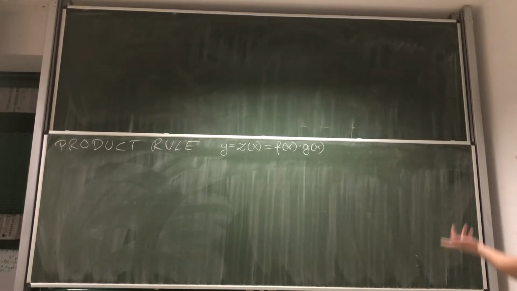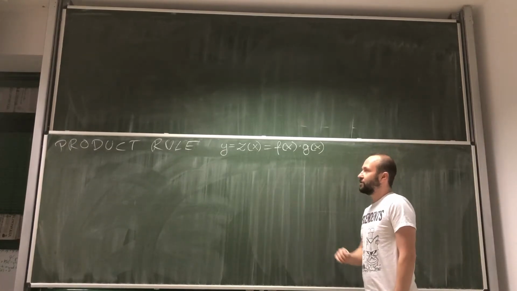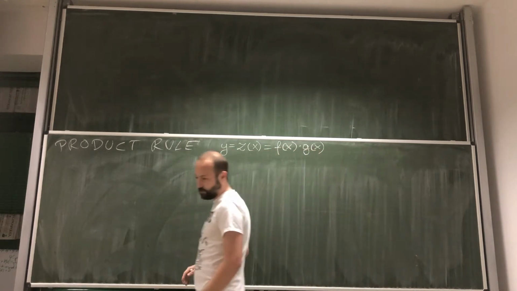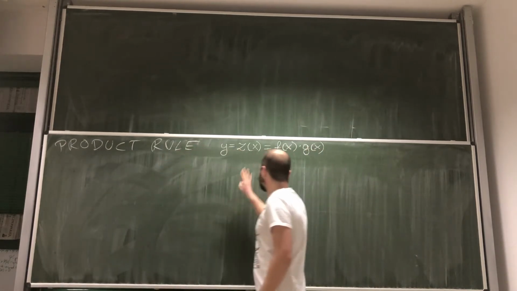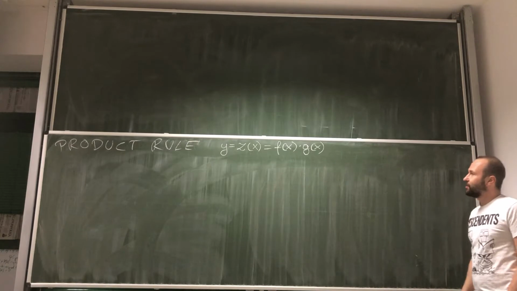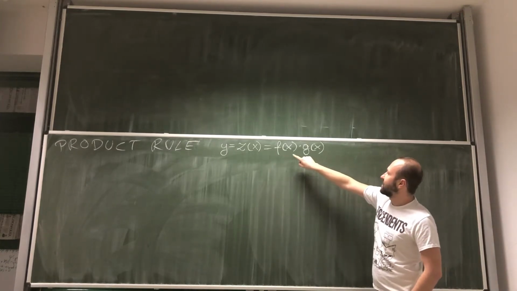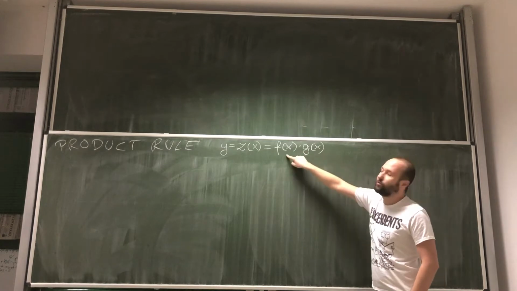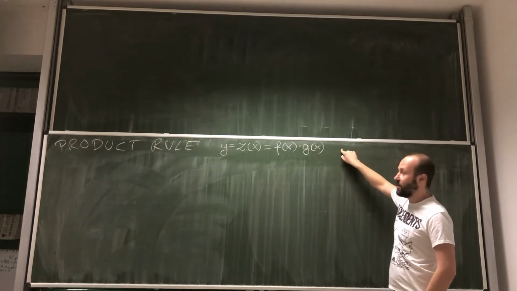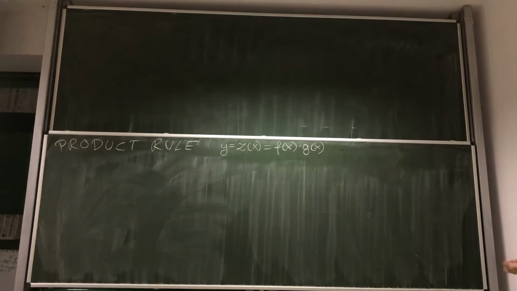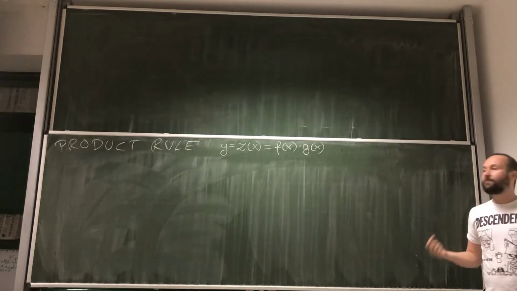Hi. The next rule we are going to deal with is called the product rule. This rule allows us to find the derivative of a function which can be thought of as a product of two different functions. Okay, so let's start with the proof, and then of course we're going to move on to